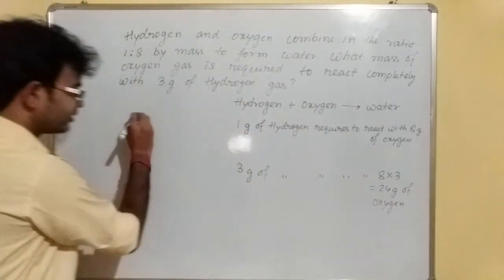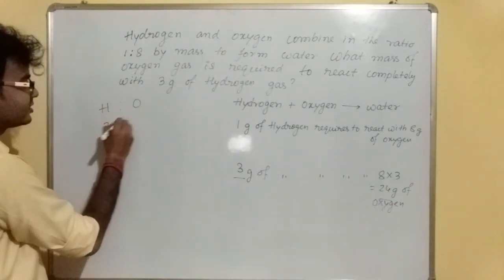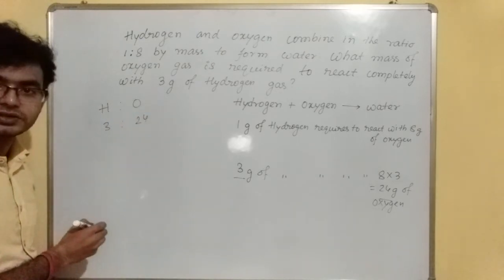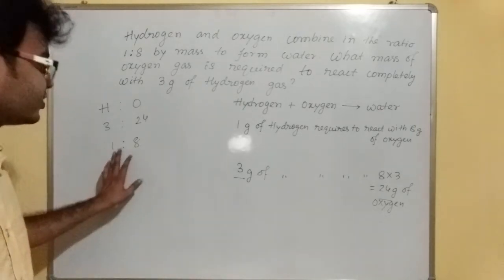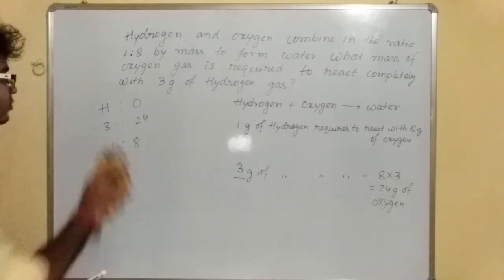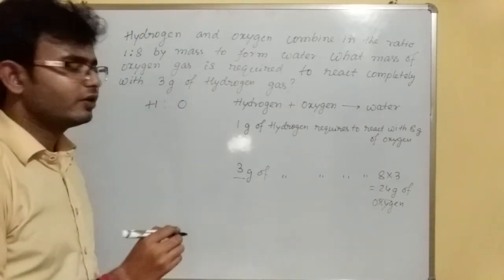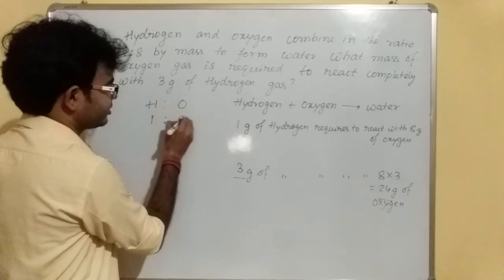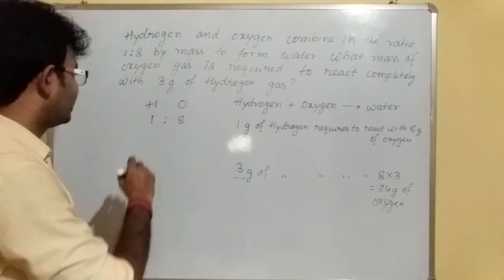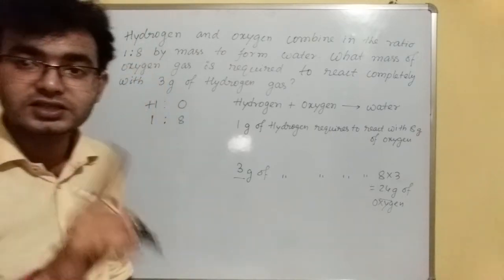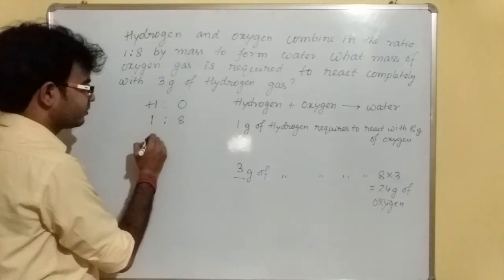Okay, now check that in case of this experiment hydrogen to oxygen, that is 3 gram hydrogen combines with 24 gram oxygen. Okay, the ratio will be 1:8. So this ratio must be constant. तो देखो अगर आपको ऐसा क्वेश्चन पूछा जाए, हाइड्रोजन एंड ऑक्सीजन combine in 1:8 ratio to form water. So if how much amount of oxygen is required to react completely with 4 gram of hydrogen, ठीक है, तो क्या करेंगे, दोनों को 4 से मल्टीप्लाई कर दो,